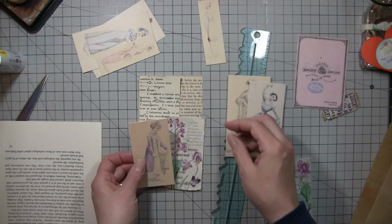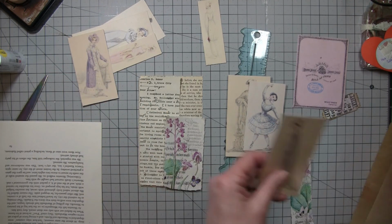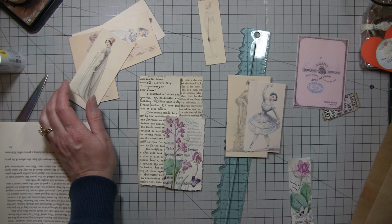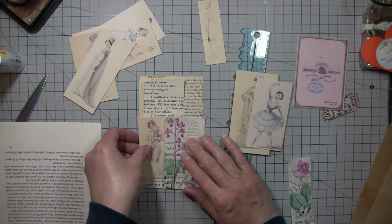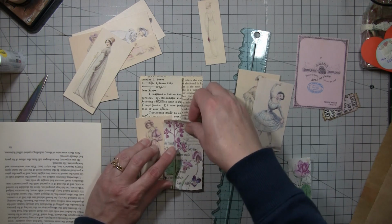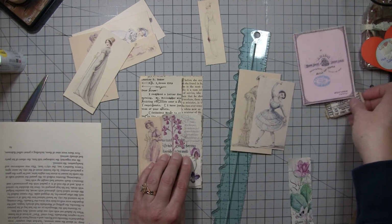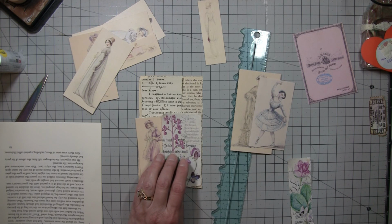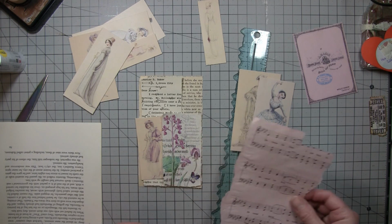Let me put something else up high. It's always a trial and error situation here. I do have some pink music paper